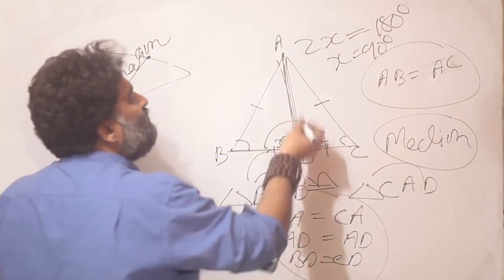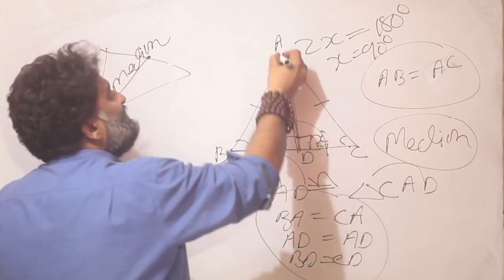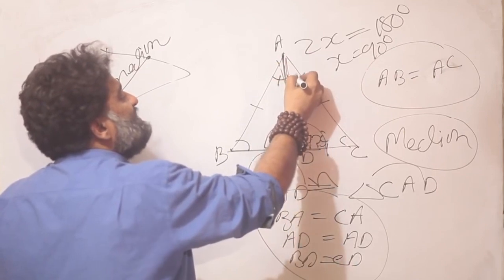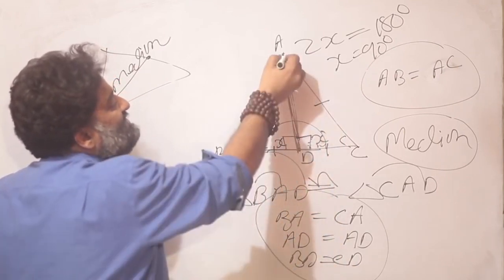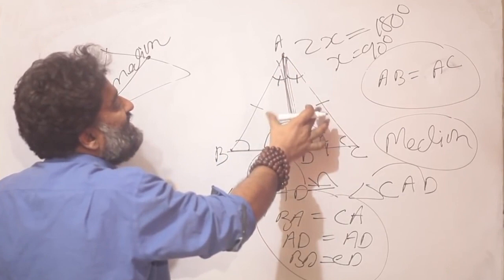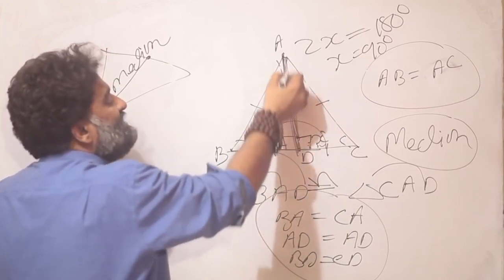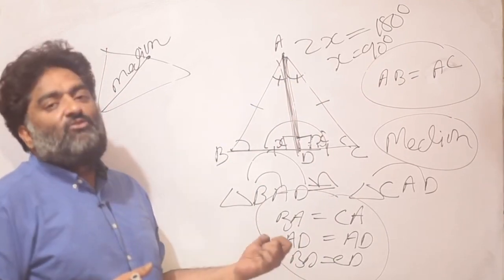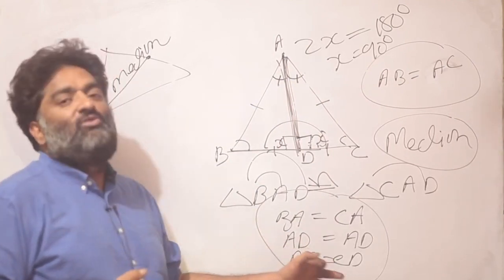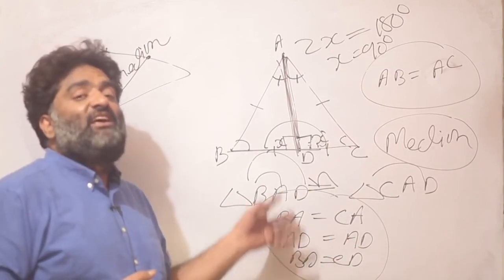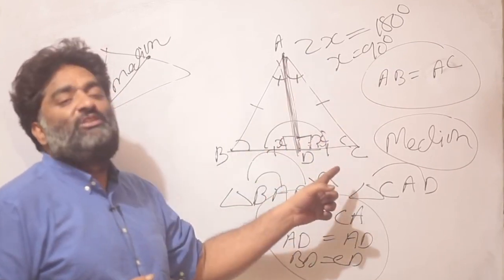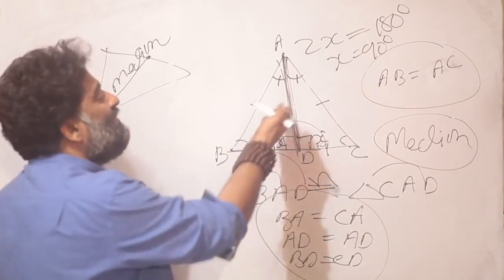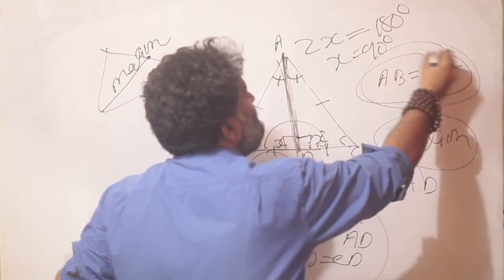Another thing that you can prove right here itself is that this median was also the angle bisector. Why? Because these two angles are equal to each other. So this is a line which has divided a bigger angle in two equal parts. So this line is also the angle bisector. So a very simple idea of congruence, that when three sides are equal, triangles are congruent. When they are congruent, all the angles are also equal to each other, and I am using that as a tool, as a method to prove a lot of things about an isosceles triangle.